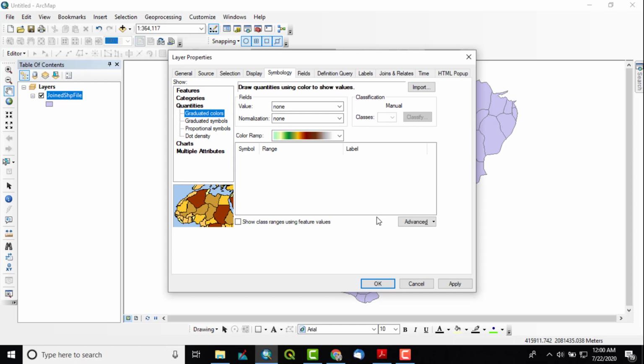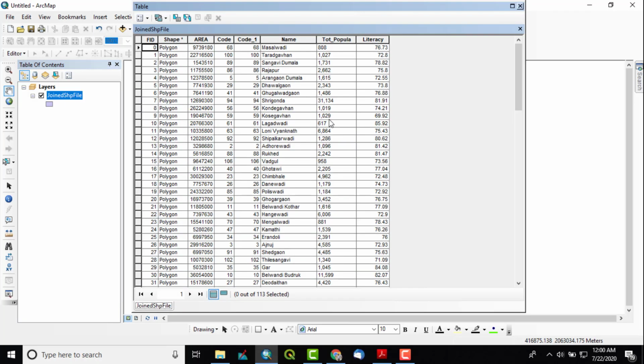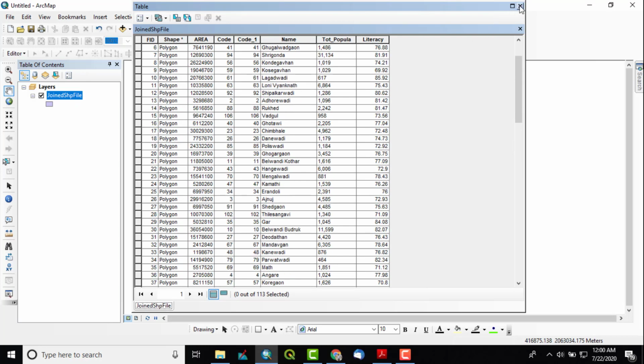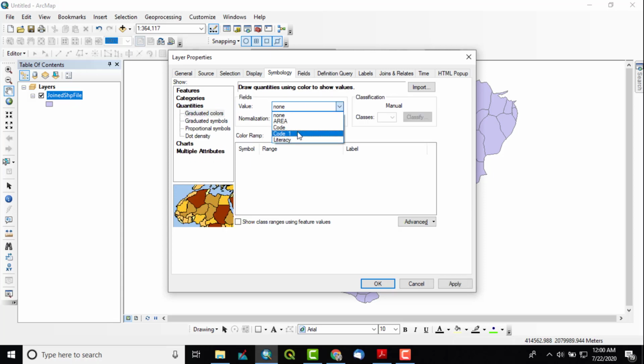So in symbology we click on quantities, then graduated colors, and take our attribute in this value field. First, suppose I want to prepare for population. Here is population. Right click, properties, quantities. Something is wrong there.